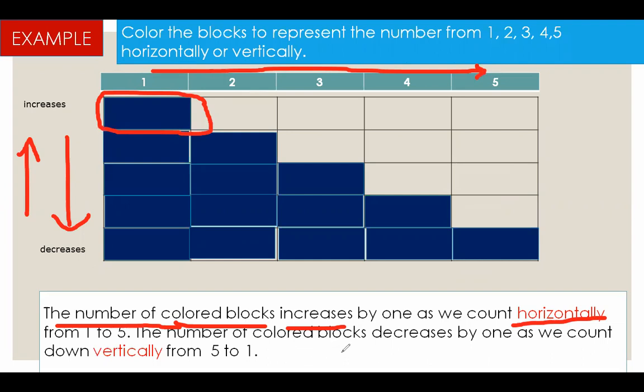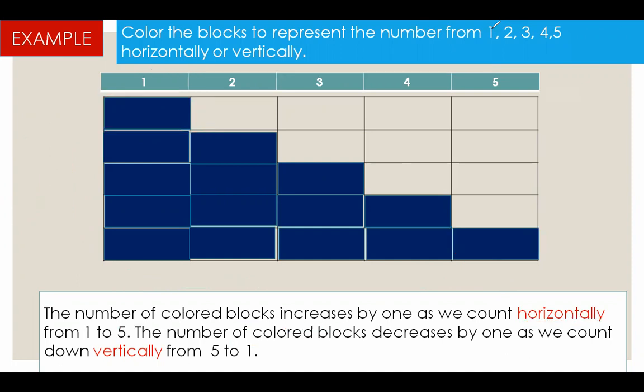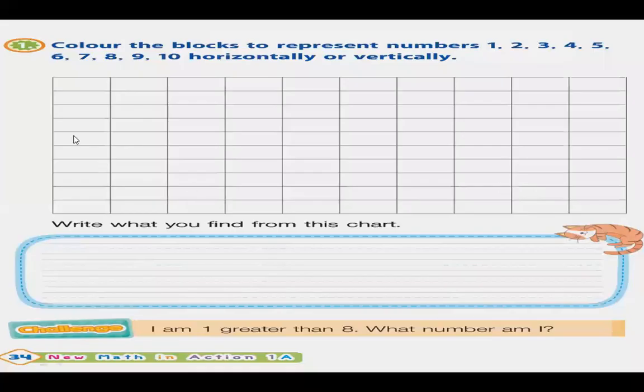Next is the number of colored blocks decreases by 1 as we count down vertically from 5 until 1. Okay, students, that's it. All right, so now what you're going to do is to answer this activity on page